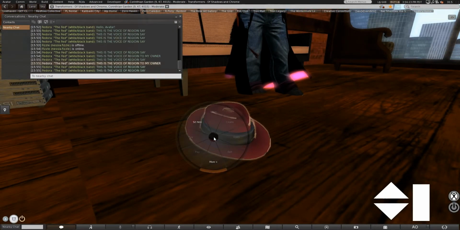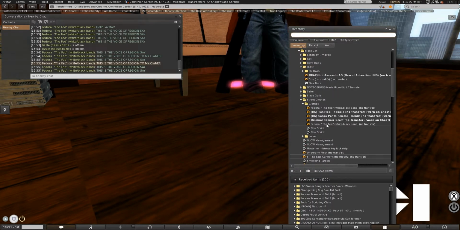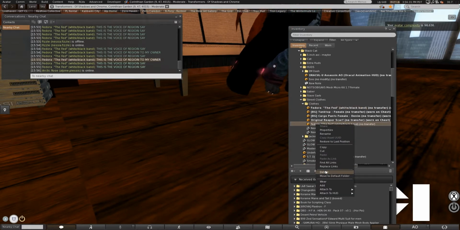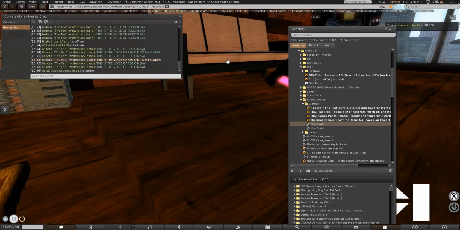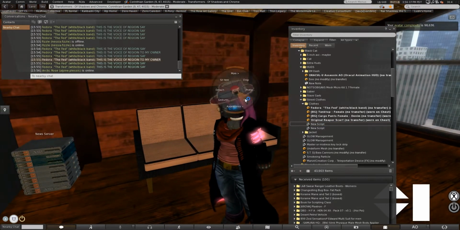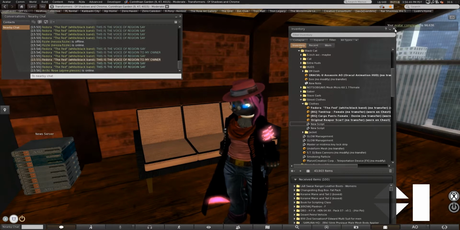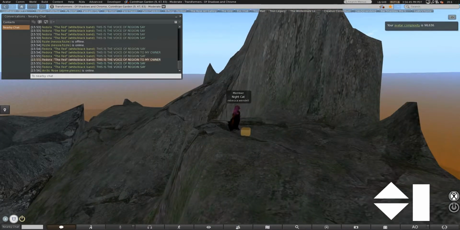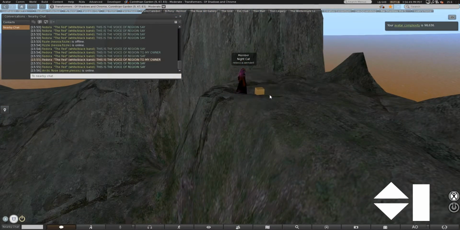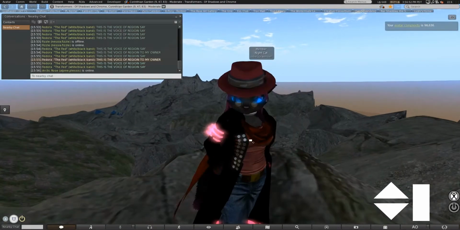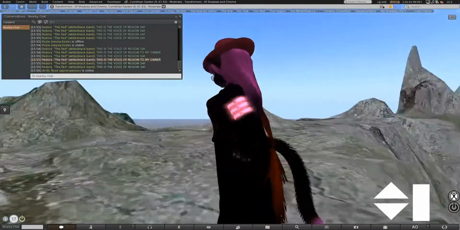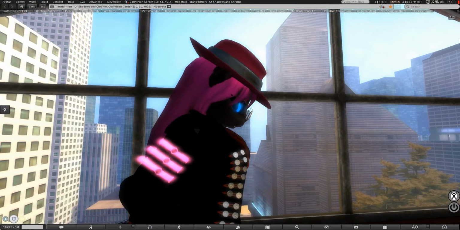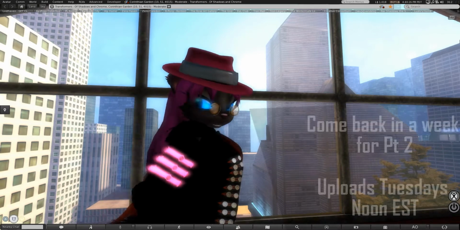You wind up using system resources to process something when it receives the message and then has to actually do something with it. Though you're sending the message to the entire region doing this, only me or objects attached to me actually receive the message. Nothing else receives it, so nothing else has to process it. Okay, that covered llRegionSayTo as a way of helping you filter how to make sure the messages from your HUD